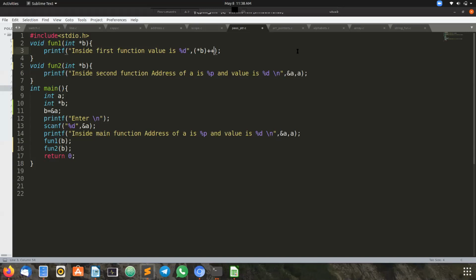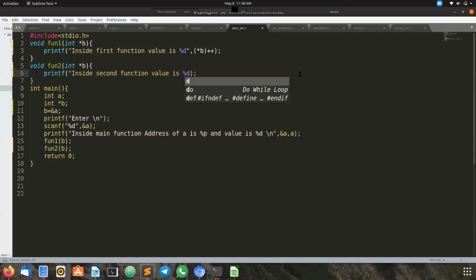That we have discussed yesterday very clearly. So here I'm incrementing the values.